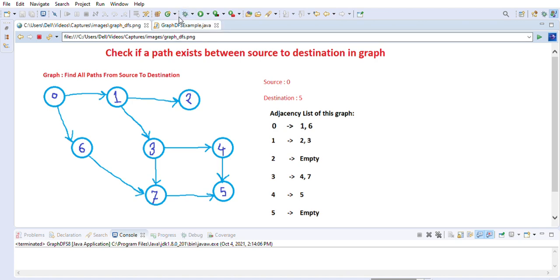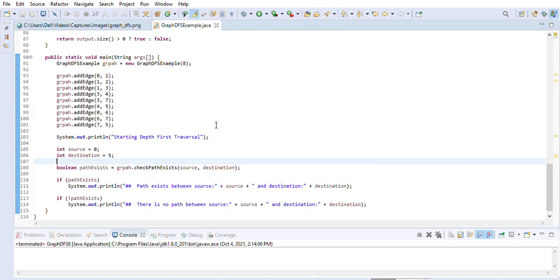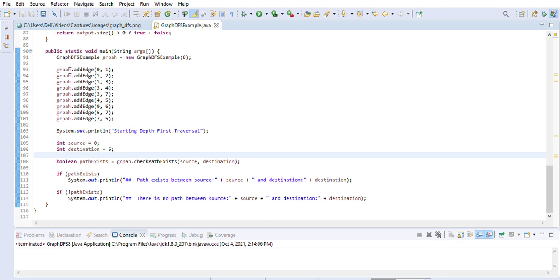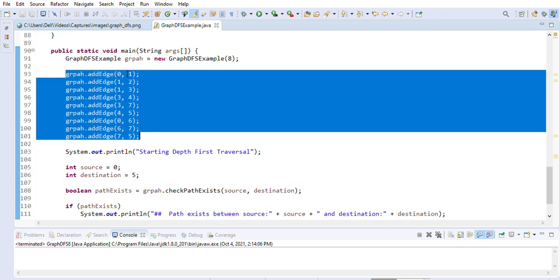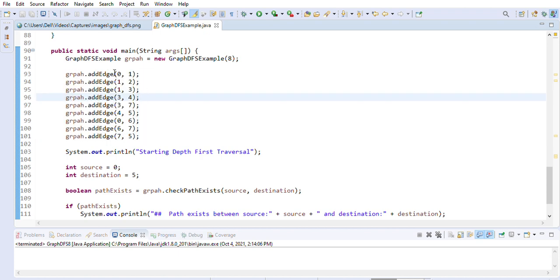between source and destination, right? So let's go and take a look at the implementation in Java. Let me just make this big so you can easily read it. Now, for example, we have been given this edge information in our problem itself. So this one is given to us, the edges. Let's say these edges are given, right?